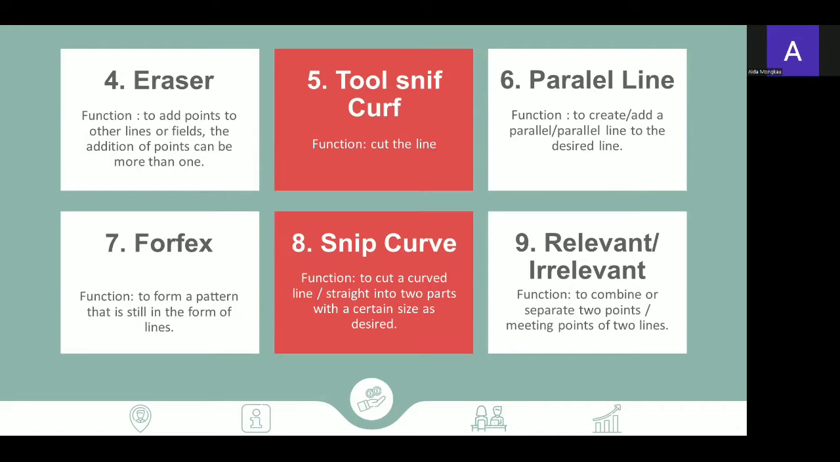Number 6, Parallel Line, shortcut P. This function is to create or add a parallel line to the desired line. And how to use it? Point the cursor to the line to which the parallel line will be added until the line is ready. Then click with the left button, then swipe in the desired direction, then click the left button again,